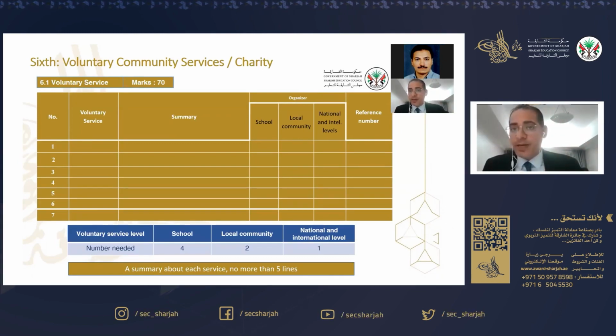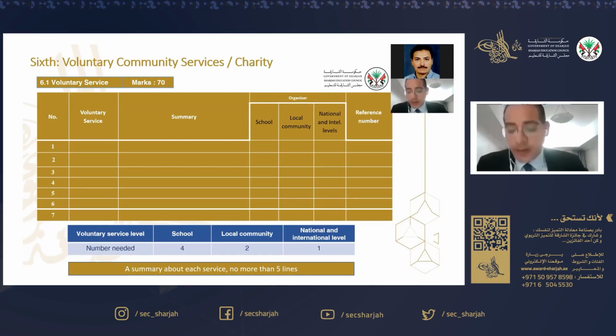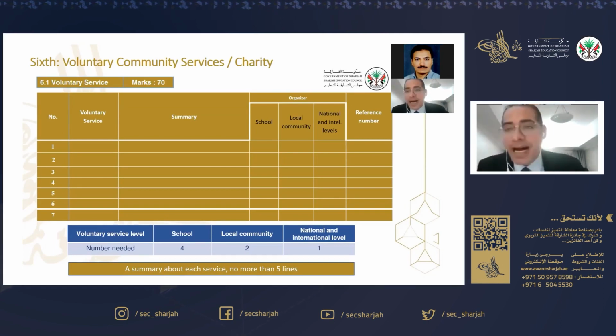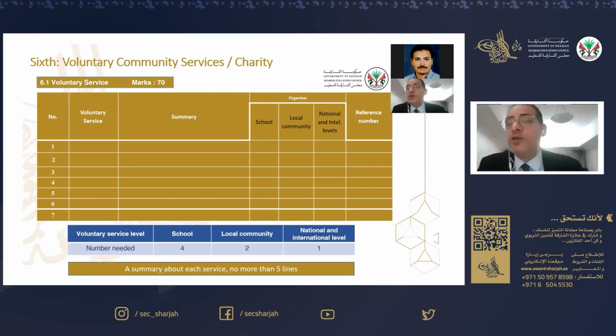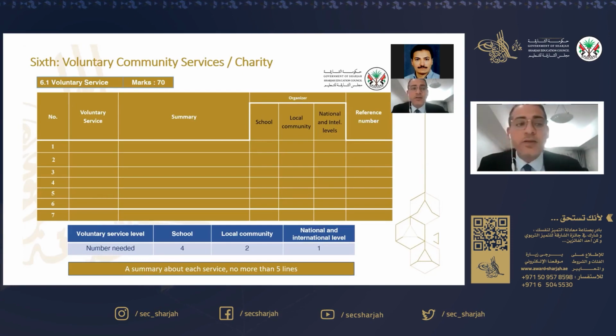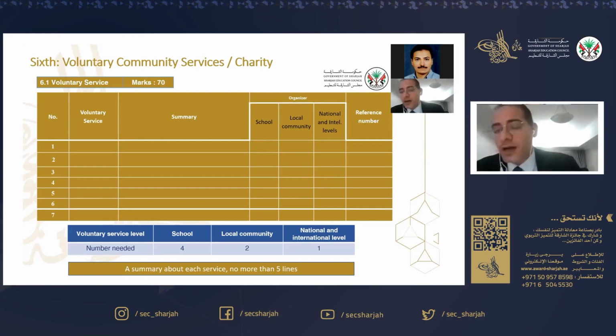And remember, my dear students, the value of the voluntary or charity service is in its impact. Now, for charity, sometimes some of our students submit a receipt of donation, which is good, and we highly appreciate that. But how often do you do this? The receipt says that you donated 10 dirhams 1 year ago.